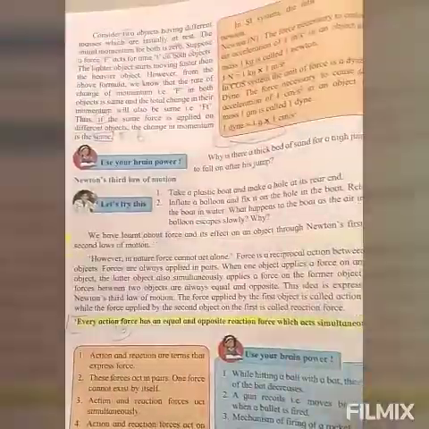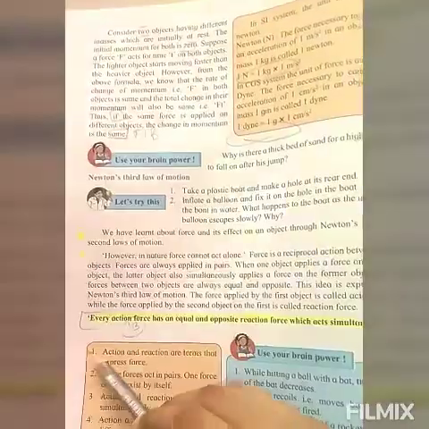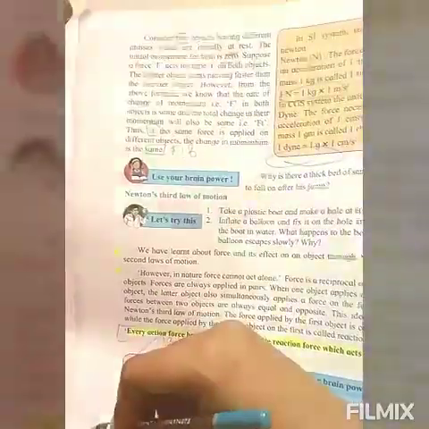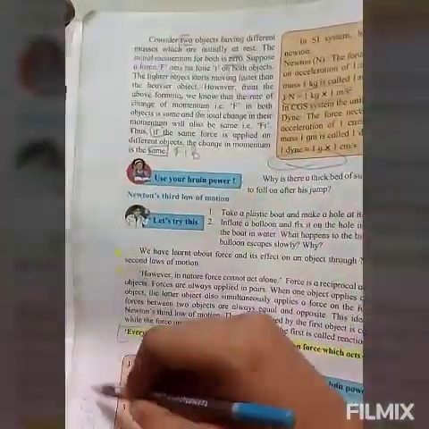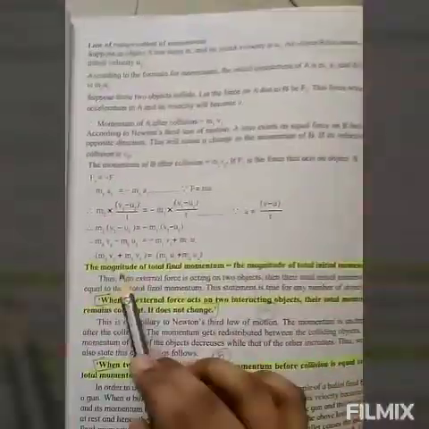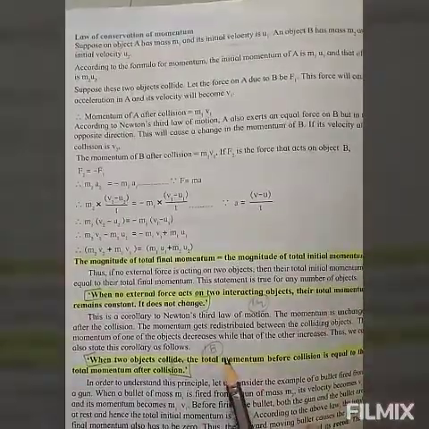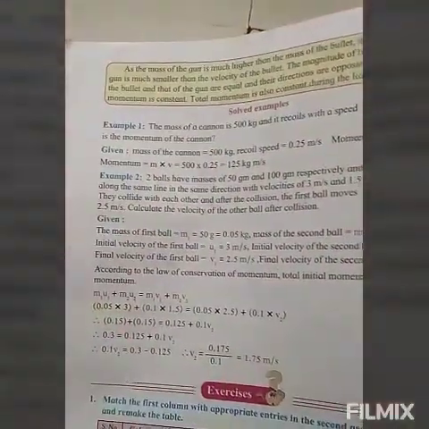These formulas can come for fill in the blanks as 1 N is equal to what, 1 dyne is equal to what, and all. This highlighted one can be used to remember for your fill in the blanks. This box can be used for give reasons or short notes, action and reaction forces. Again, these highlighted texts are just to tell you that you have to remember these for fill in the blanks and not so much about it.